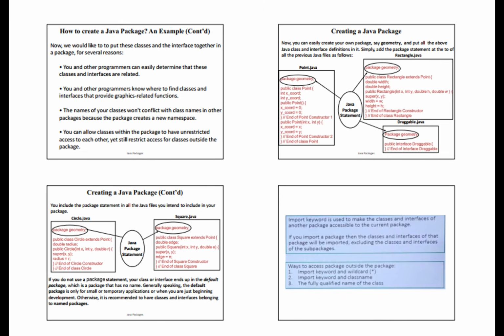Rectangle.java: package geometry; public class Rectangle extends Point { double width, double height; public Rectangle(int x, int y, double h, double w) { super(x, y); width = w; height = h; } // end of Rectangle constructor } // end of class Rectangle. Draggable.java: package geometry; public interface Draggable { } // end of interface Draggable